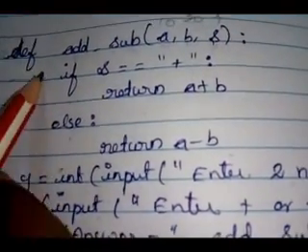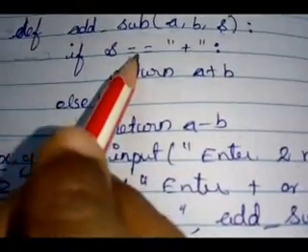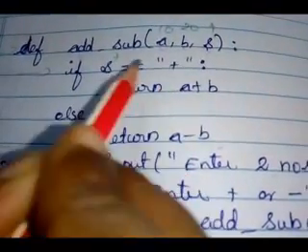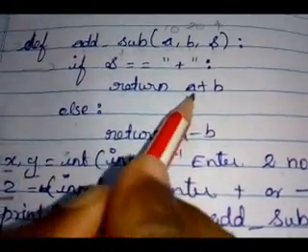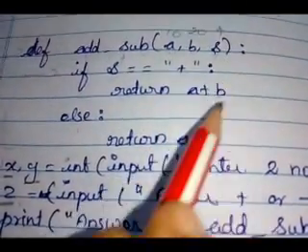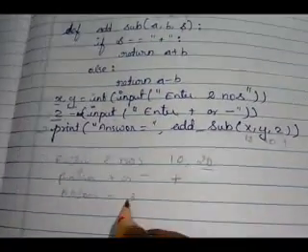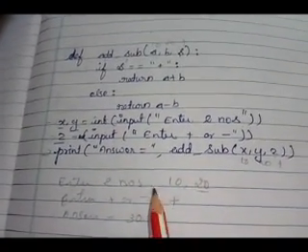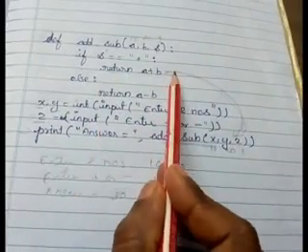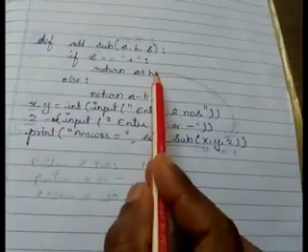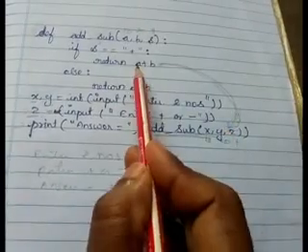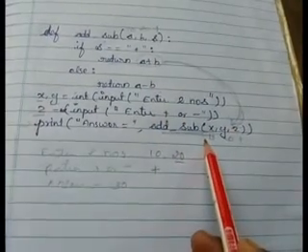Then it is coming inside the function. If s equals plus, what is the s value? S is plus, equal to plus, so return the answer a plus b. A plus b means 10 plus 20, 30 will be written here, so we will get the answer 30. Did you get it? This return statement is used to exit from the function and it returns the value to the caller function. This is the caller function. This answer will be returned back to this caller function.